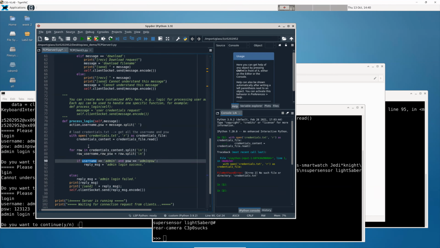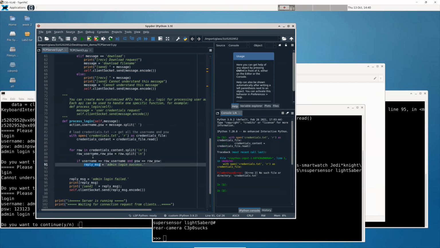So if the username sent by the client is equal to the row username, so we will go through row by row, and the password equals the row password, the password in the row, and then we reply login success. Otherwise, we don't need to have the else in here, because if we